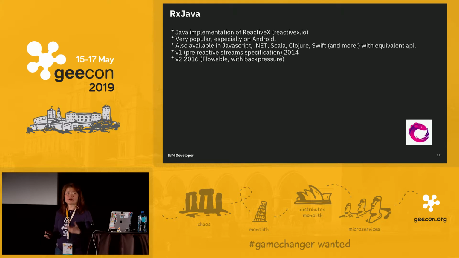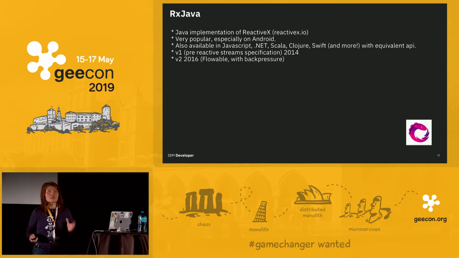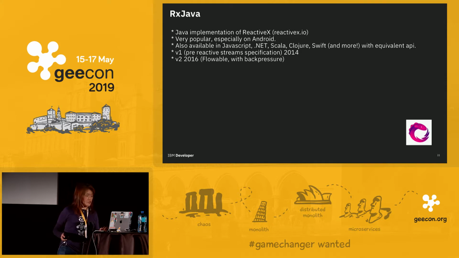As such, it is very popular in mobile Android computing. For Java, it's Android. It is very popular because it's quite easy. You can just plug in your library and use it, right? And it's also ported to many language frameworks. Netflix started porting it to Java in 2013, and version 1 came out in 2014. That's pre-reactive stream specification. And in 2016, Flowable and back pressure came out as well.